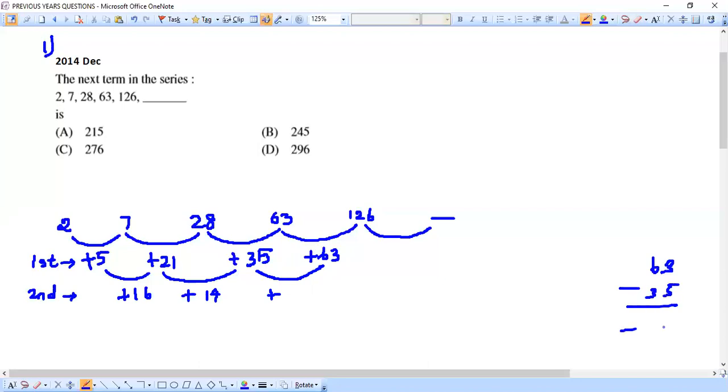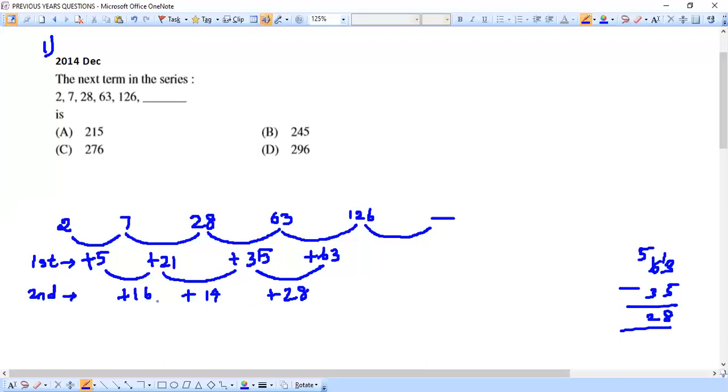Okay, so 63, because I have 3 here, I cannot do 3 minus 5, so that means I will borrow 1, so that this will become 13, and the 6 will be no more 6, this will become 5. So this is like I'm taking you to your school days itself. No worries, we'll do them. Okay, yeah, 13 minus 5 will be 8, and then 5 minus 3 will be 2, so that means here they did plus 28.